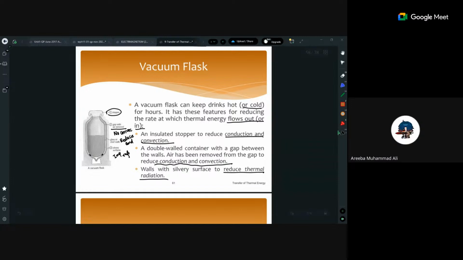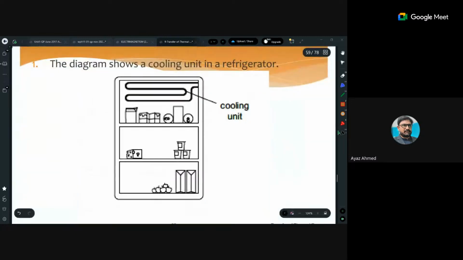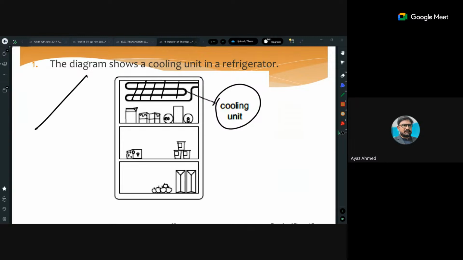Yes, sir. Now go to the refrigerator. The diagram shows the cooling unit of a refrigerator. Right, this is the cooling unit. The one at the top, the refrigerator unit, not the freezer, you must have seen it. Always here you have a unit which is basically in an inclined position that causes cooling. Okay. And whatever cooling it does, the air inside it sinks down and cools down all of the